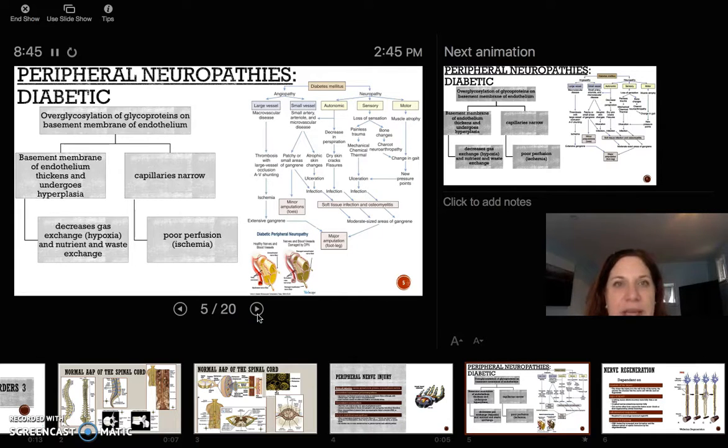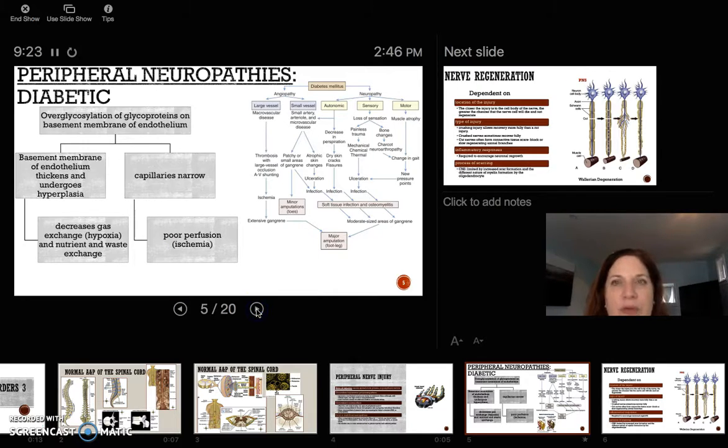Peripheral neuropathies such as diabetes cause damage from glycoproteins, sugars, free radicals to the large and small vessels, which is called angiopathy, and eventually they damage the actual nerve themselves. And so we have damage to the actual nerve, say, of the foot, from diabetes, and then that person would have all the neuropathy that goes with having damaged nerves to that foot. So decreased sensation, you can't tell hot from cold, decreased healing, people get diabetic ulcers. So again, that's an example of a peripheral neuropathy.